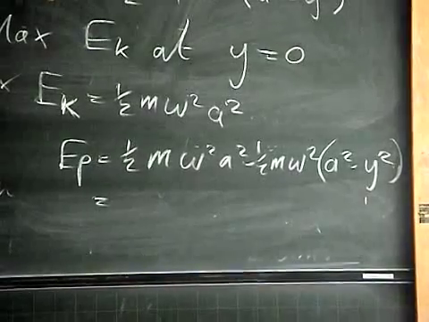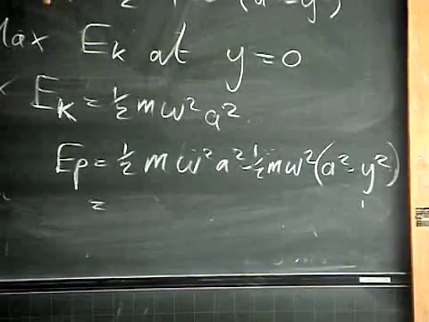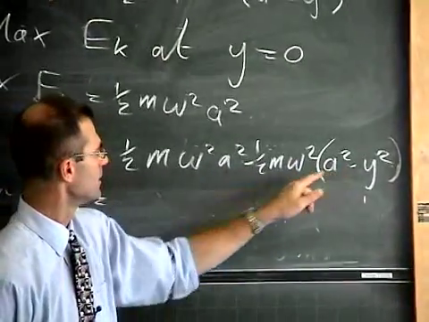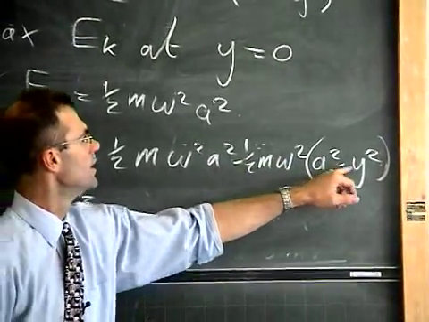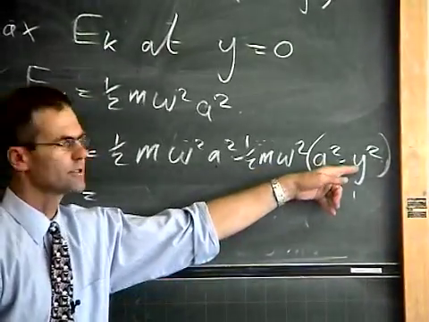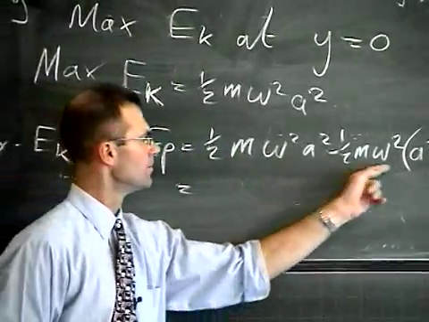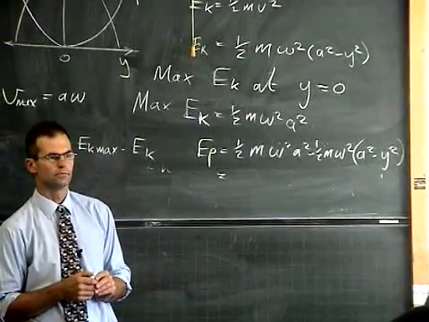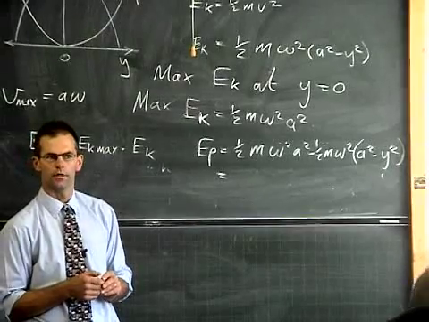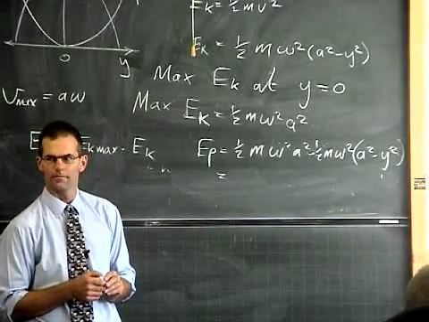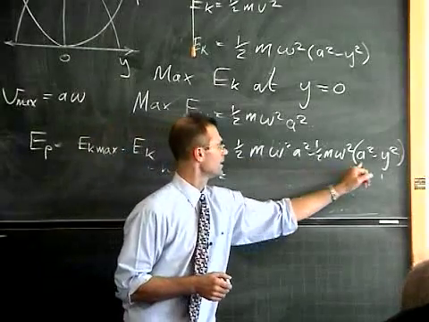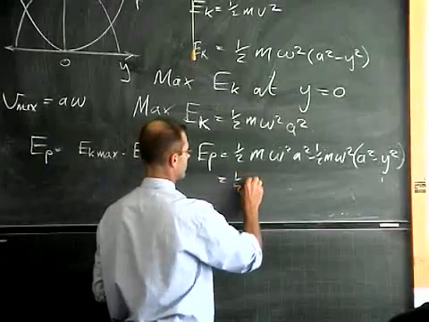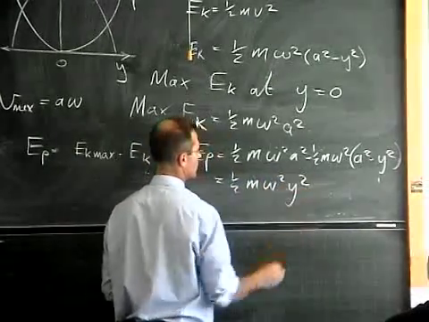Apart from alphabet soup. Well, you could do that: half m omega squared a squared. If you expand that bracket, you've got half m omega squared a squared minus half m omega squared y squared. So that minus that first term would be what? Yeah, because that knocks out that. So you're just left with minus half m omega squared y squared,